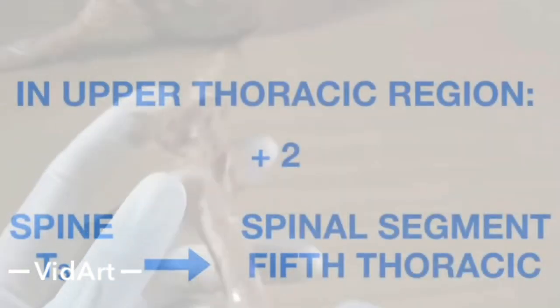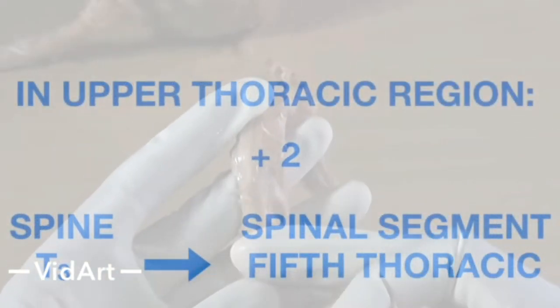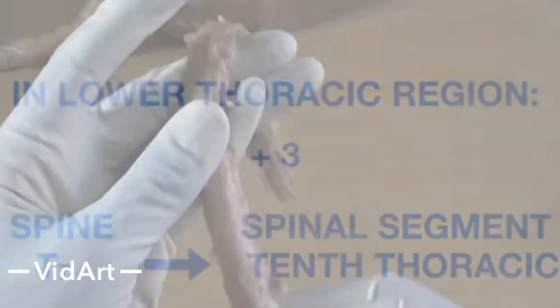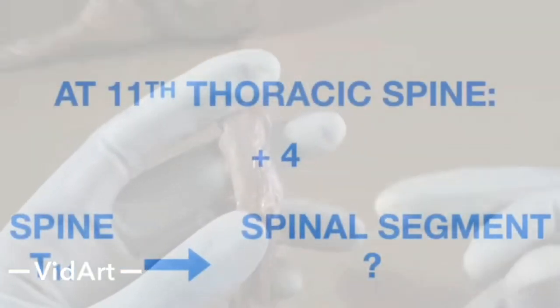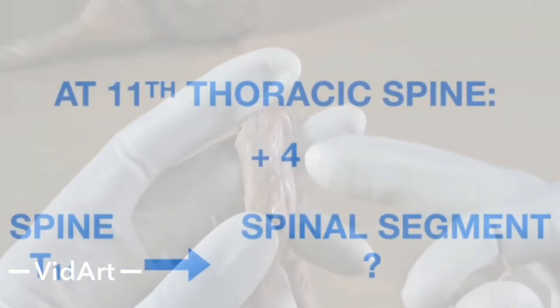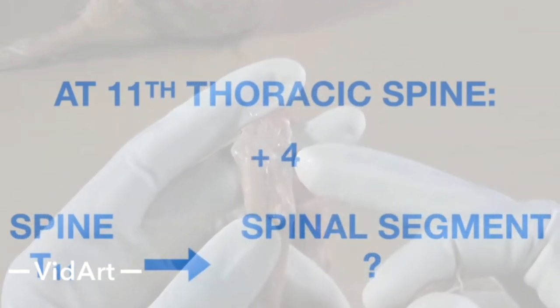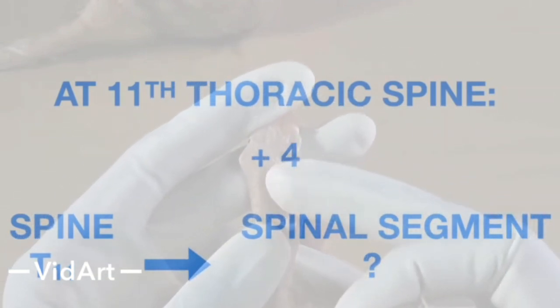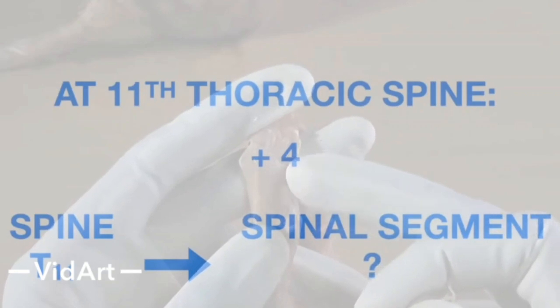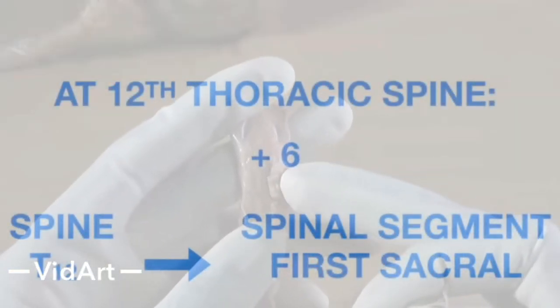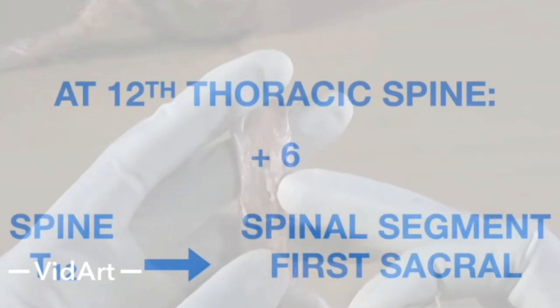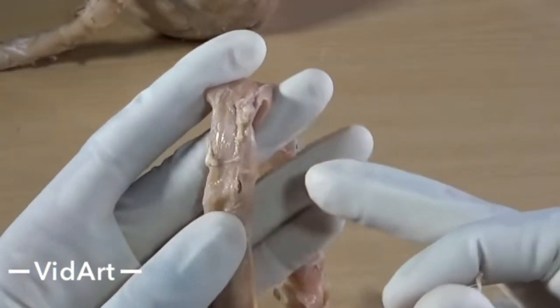Then in the upper thoracic region you have to add 2, that is +2 to the spine. In the lower thoracic you have to add 3, +3 to the level of the spine. Particularly at the level of T11, if you are palpating the 11th thoracic spine, then you have to add +4. So which spinal segment lies deep inside? That is the third lumbar. Then against the spine of T12 you have to add +6. So there will be the first sacral spinal segment deep to T12, and at L1, as we have discussed, the